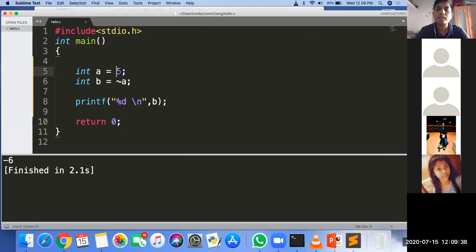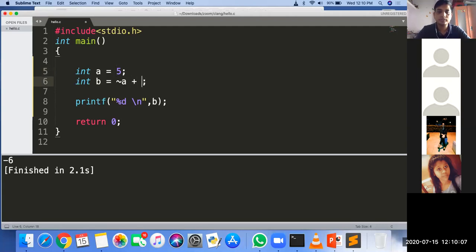It is always the negative of the number plus 1. So 5 + 1 is 6, and it is -6. Because it is complemented and 1 is added, there is no need to go through all the calculations. Directly you can get the answer.